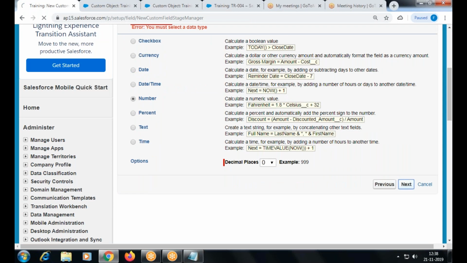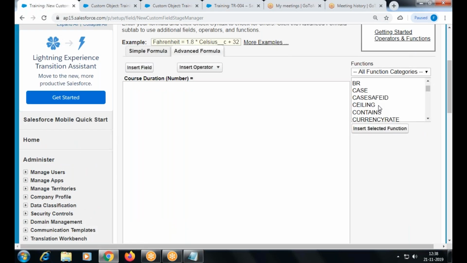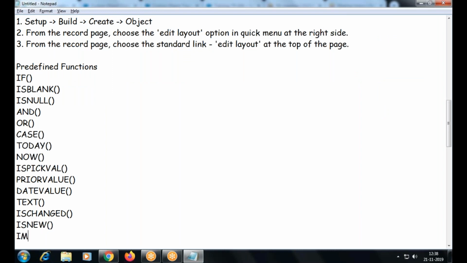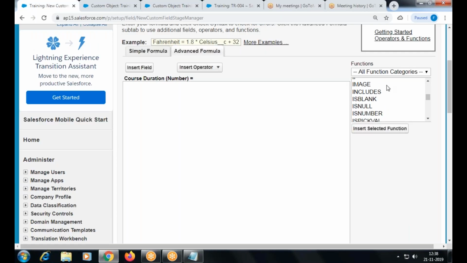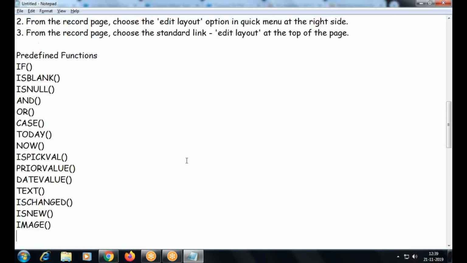We're not going to create this, just to get to the formula editor. Okay, so we have begins. Not everything is important. Right, this is enough.